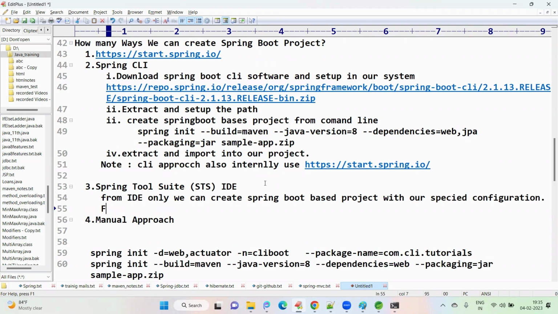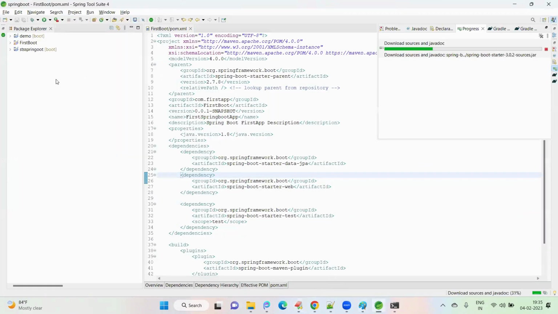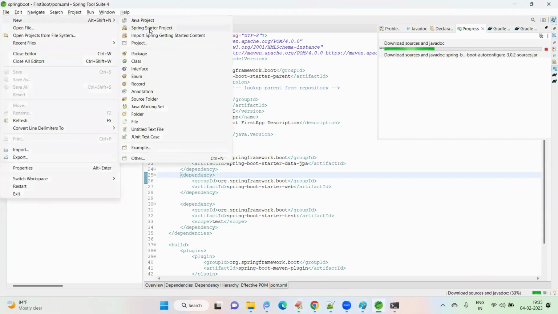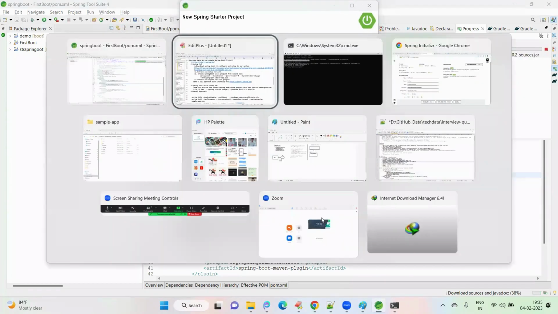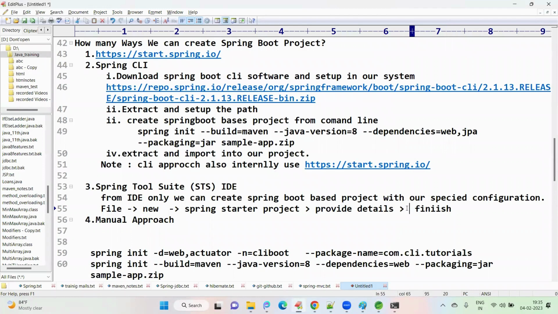File, new, Spring starter project, then provide details, then finish. Okay, see here, I'm doing it again. File, new, Spring starter project, provide all these details, click on next and finish. Okay, click on next, finish. Automatically,